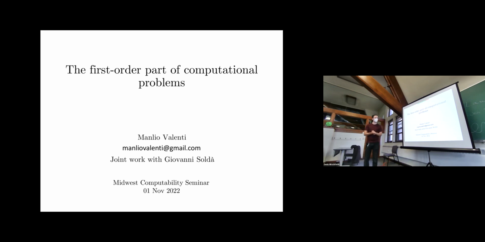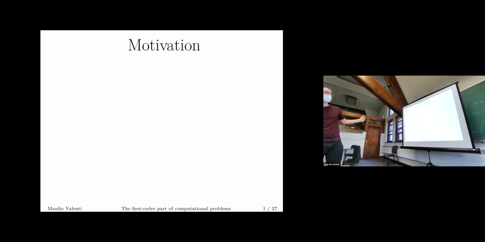All right, so I'm gonna talk a little bit about this joint work I've done recently with Giovanni. This is about the first order part of computational problems, but let me start very generally, from a very broad perspective. Let's start from an arbitrary partial order. Say that you have two elements in the partial order, and you want to show that A is not below